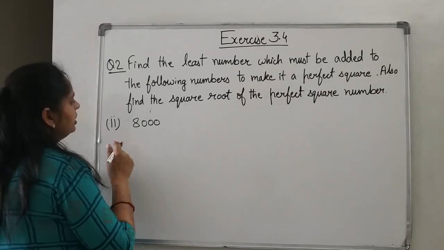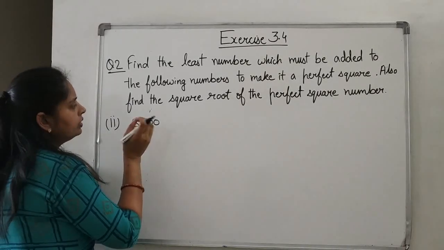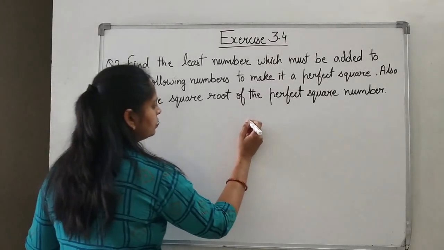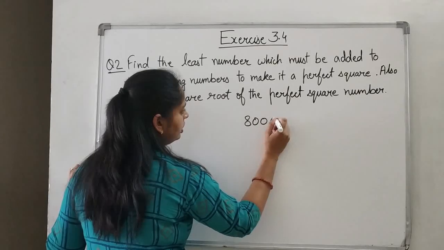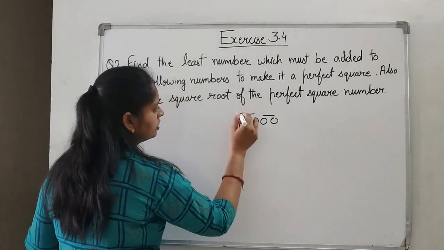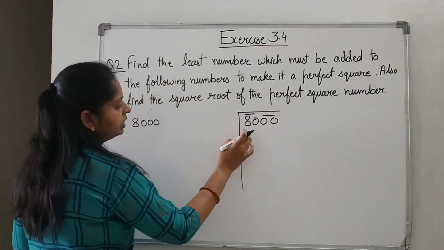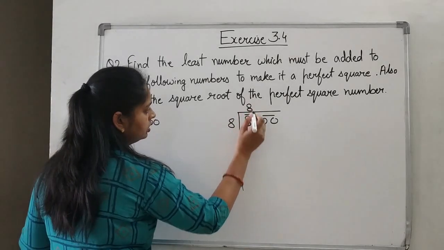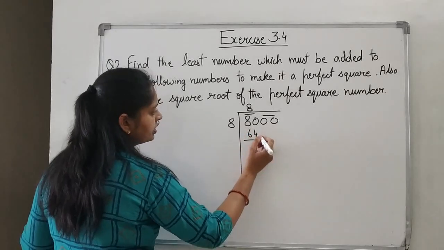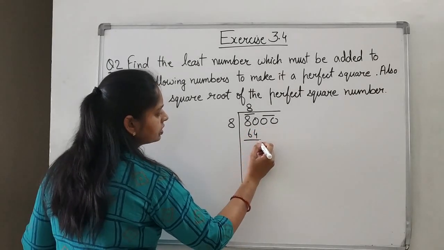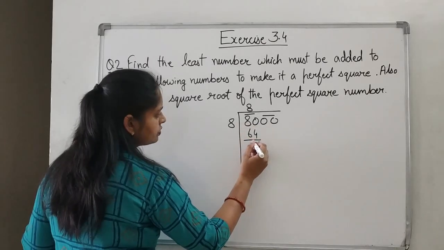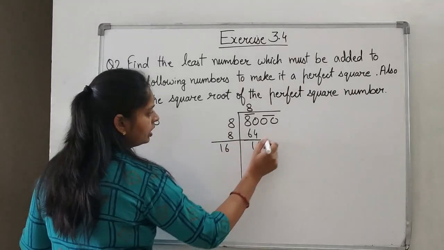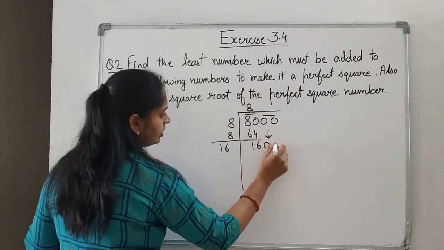Yes, now see the second part in this. We are having 8000. What is the smallest number we add to this to make it a perfect square? So again, what we will do? We will have to find the nearest square number for this. And for this we have to go for the division method. 80. So 9 times 9, the 81, will not go. So 8 8s are 64. Then subtract, 10 minus 4 is 6. 7 minus 6 is 1. Right? And this side 8 plus 8 will give you 16. And the next pair is coming down.